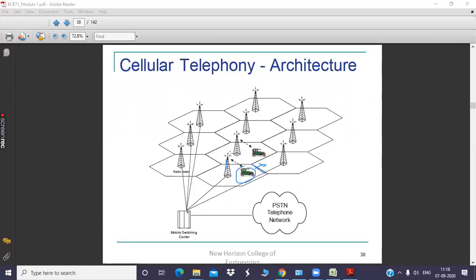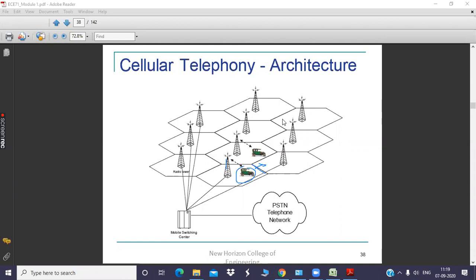Now, the speciality of these hexagonal cells is that each and every cell will have a definite number of subscribers making use of a set of channels. But those sets of channels are not shared by the neighboring cells. It is mandatory that no neighboring cells situated very close to each other should share the same channel. The channels assigned to the neighboring cells should be different so as to reduce the interference.